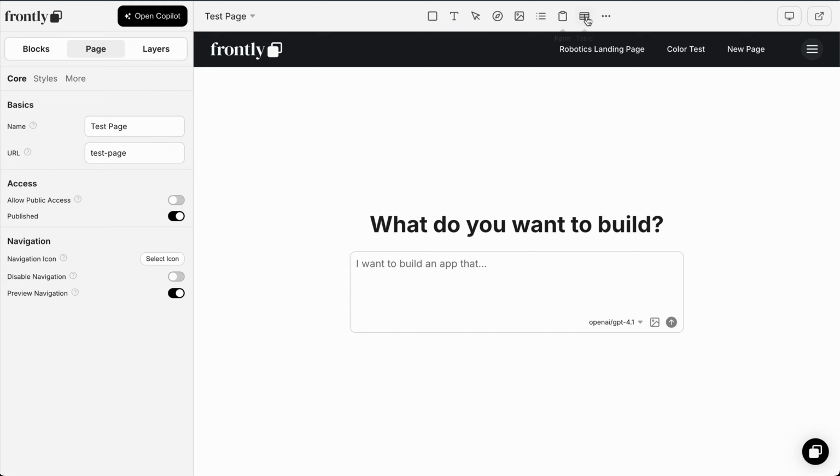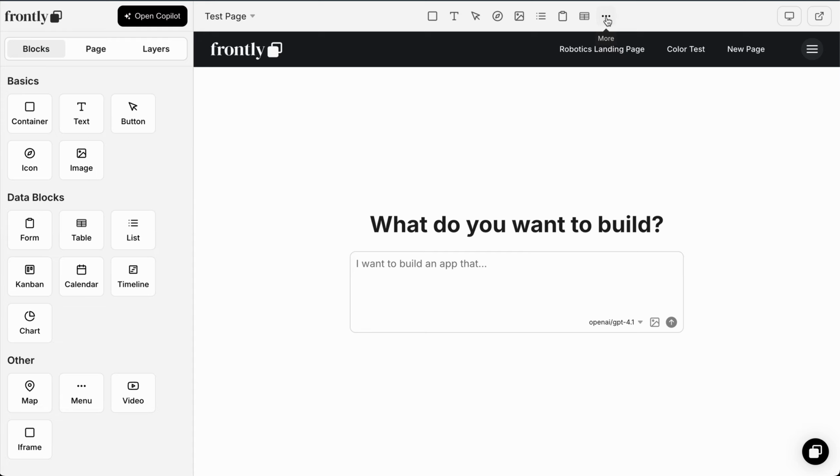Now, you'll always see these blocks up here. These are the most common ones, and that's why we added them here. But at any time, you can just hit the More button, and you'll see our block browser. We actually have maybe around 12 or 15 blocks. Although it's a relatively small number, they're very specifically chosen to give you ultimate